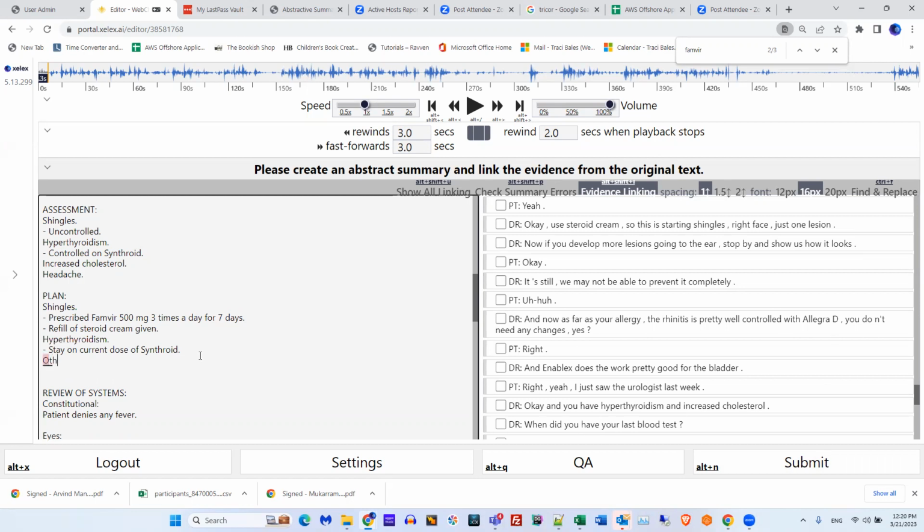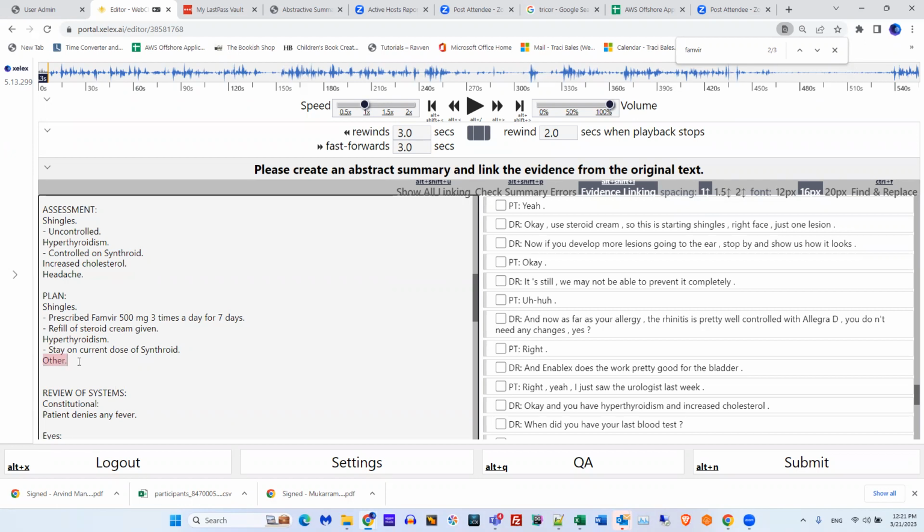Okay, so you make another main point of other. This is the only word in your whole transcription that does not have to be linked because you don't have anything to link to it. So when you're done with your transcription, the only thing that can be pink is the word other, just like this.